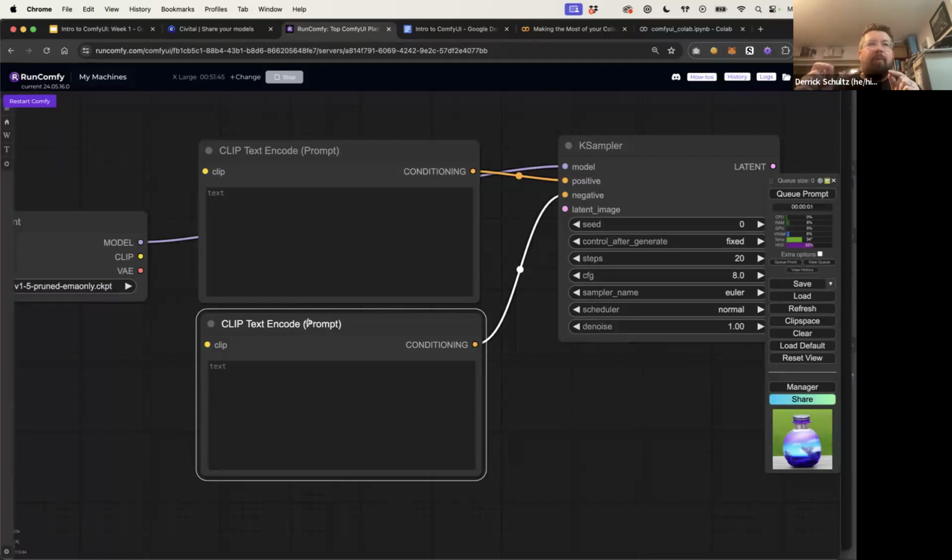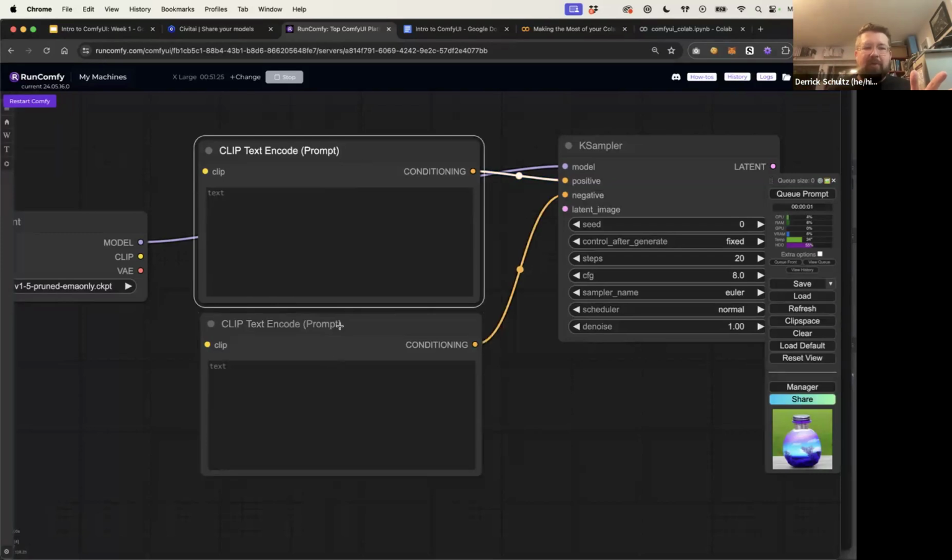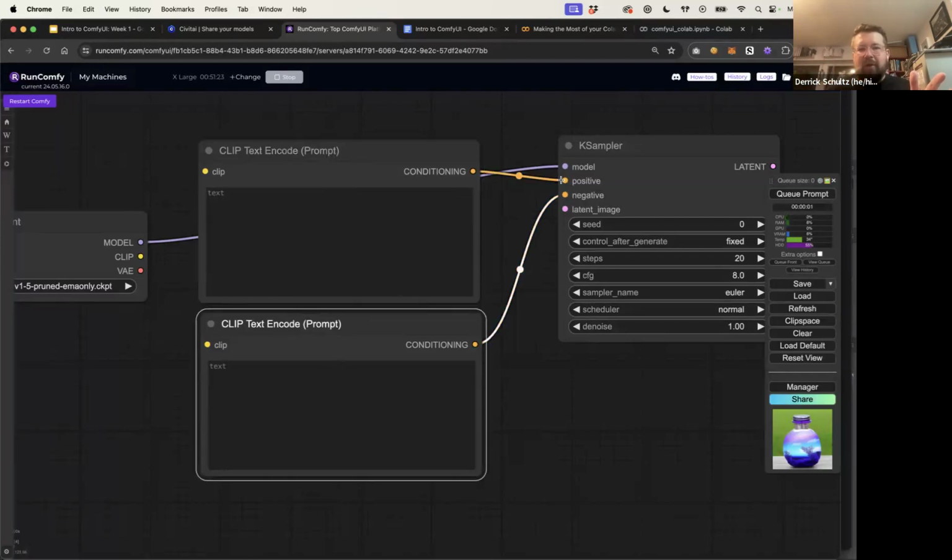Maybe next week I'll talk a little bit more about prompt engineering and how to approach a negative prompt. I take a different stance than other people who immediately put a bunch of stuff into the negative prompt. I actually tend to prompt positive, and then anything I want to remove from that image, I add to the negative prompt. But that's sort of my approach. Other people have different approaches. The other thing I should say is, if you look at this, it can be confusing which one is your positive and which one is your negative without having to look at the nodes.